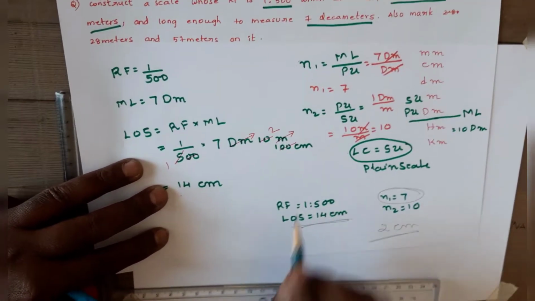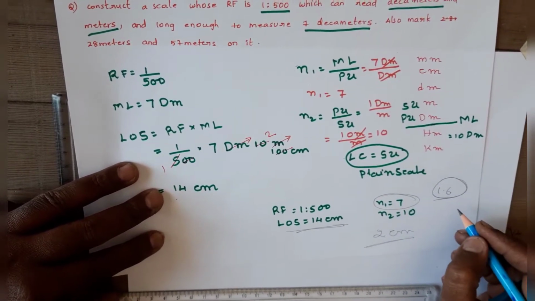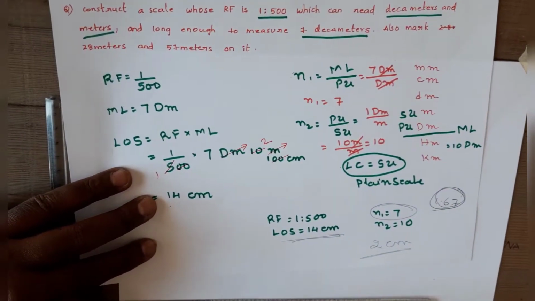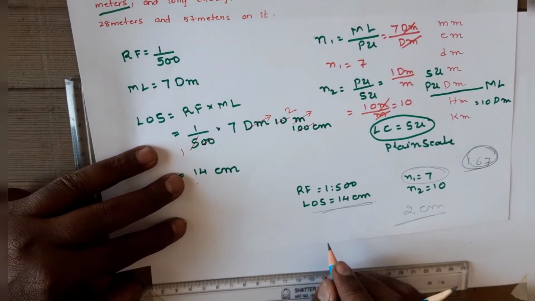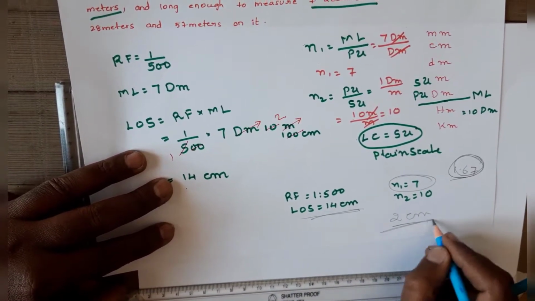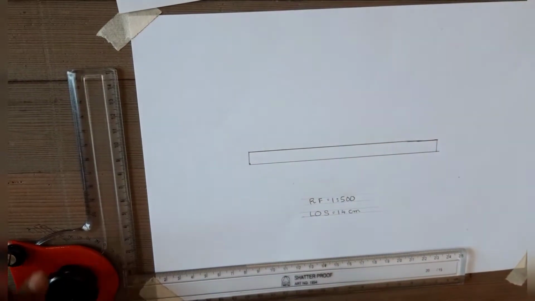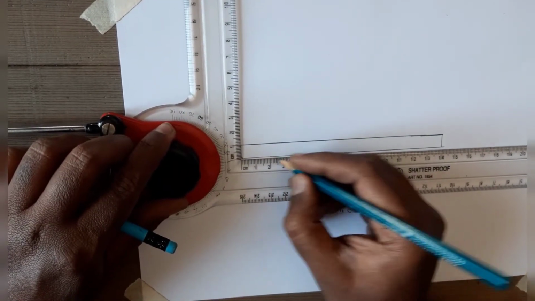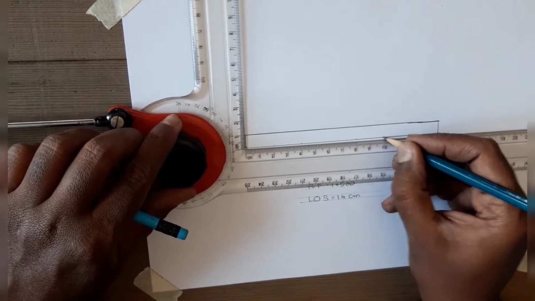But if you get, for example, around 1.6, sir, don't go ahead with this. Or I got 1.67. Then what do I have to do? Don't mark with the scale. We have to use the acute angle line procedure to divide the line into n1 equal parts. But if the length is in some whole centimeters, you can do it directly. Sir, here this is 14 centimeters. Therefore, for every 2 centimeters, I can mark one division.